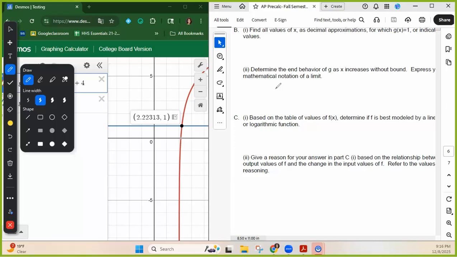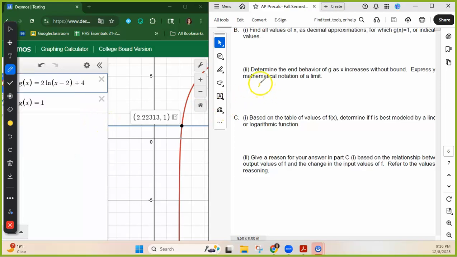When you use the limit notation, there are 4 things going on, folks. Please write LIM. Underneath it, you're going to tell me where x is going. It says as x increases. So think about it. X is getting bigger. So where are we going? X is going to go to positive infinity. Name of the function, it's a g, so g of x is equal to,